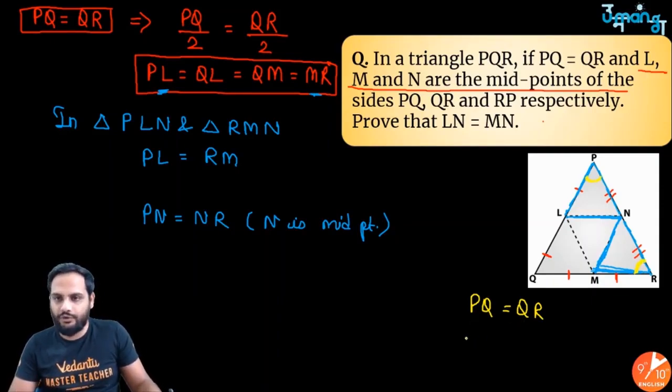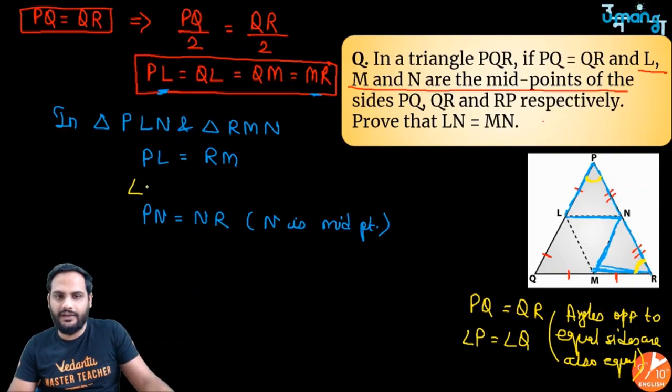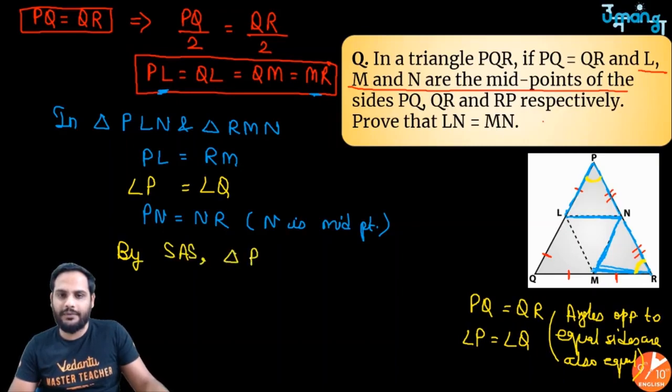So if PQ is equal to QR, I can say angle P will be equal to angle R because angles opposite to equal sides are also equal. Got it? So I can say angle P is equal to angle Q. Got it? So देखो यहाँ पे what you are getting side angle side, here also side angle side. So I can say sir by SAS rule triangle PLN is congruent to triangle RMN, and if they are congruent